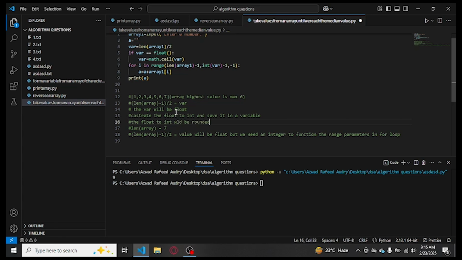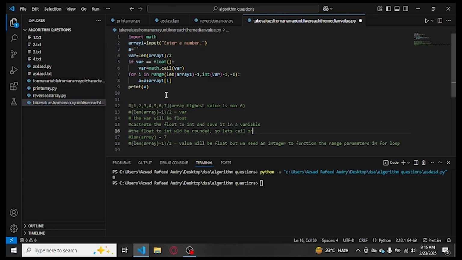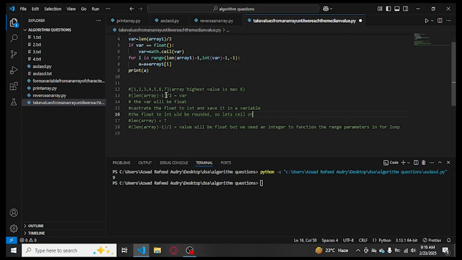So let's ceil, what is that again? Let's ceil, or the opposite of ceil. All right, whatever that was, ceil or floor, right? So let's ceil or floor, and then we okay,